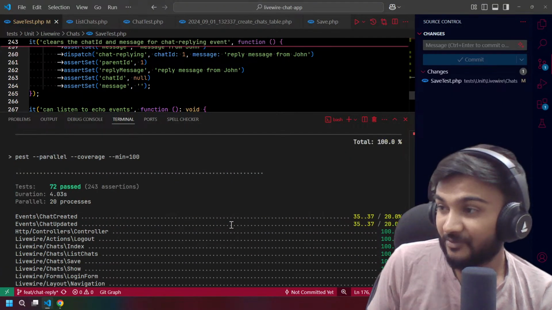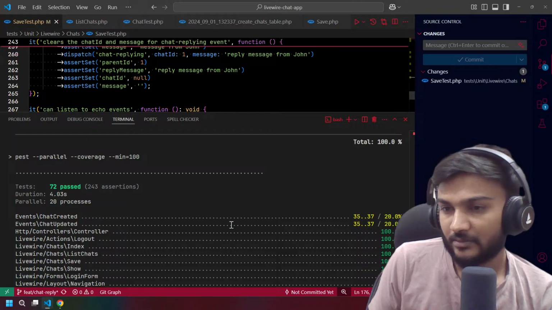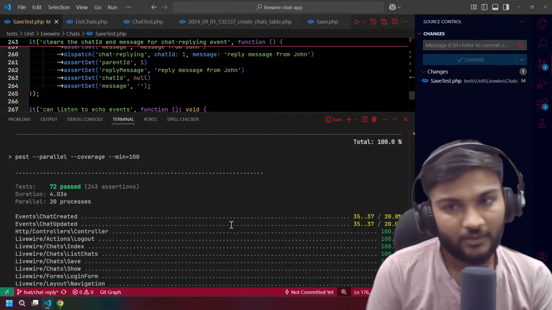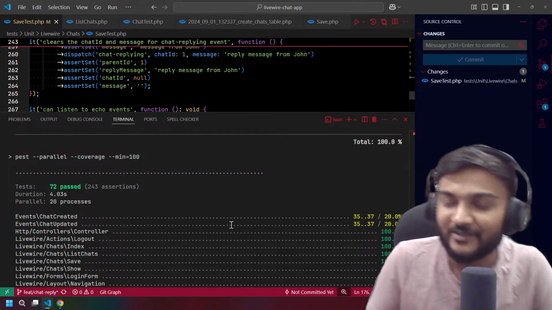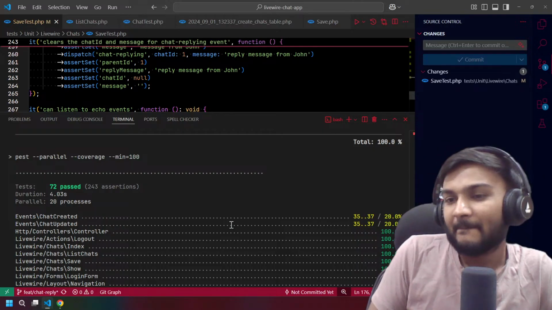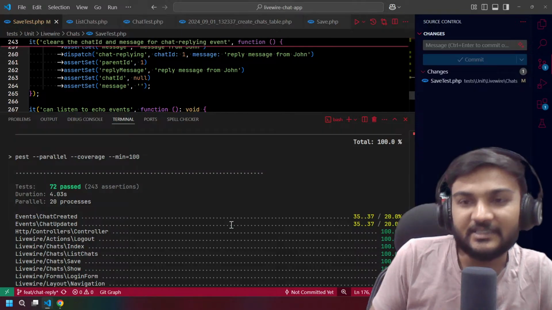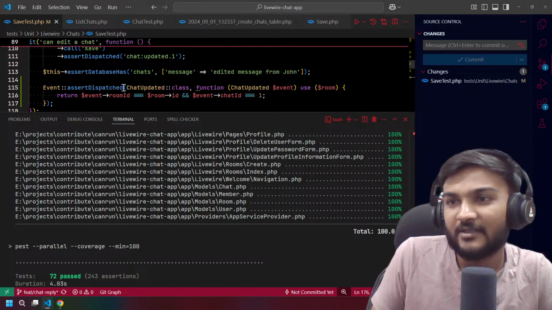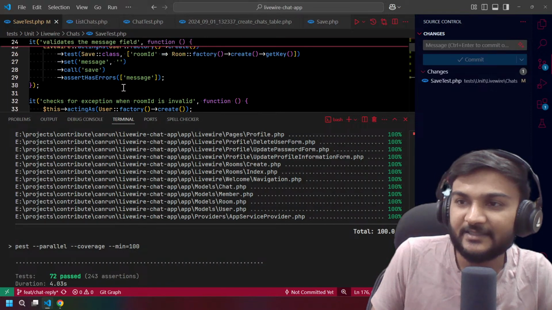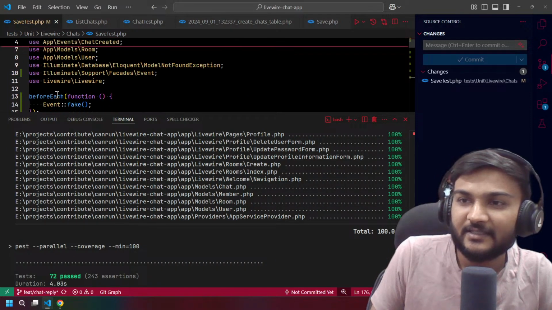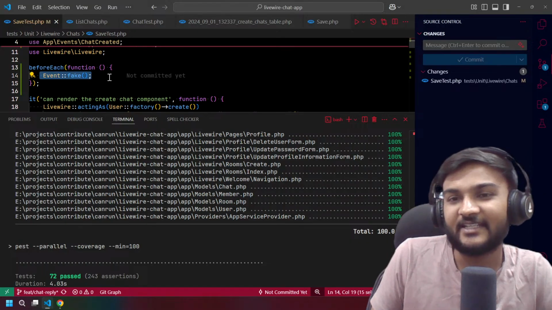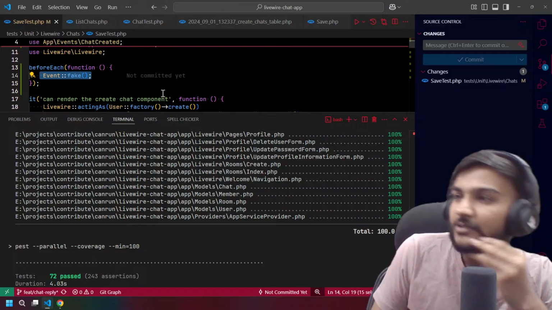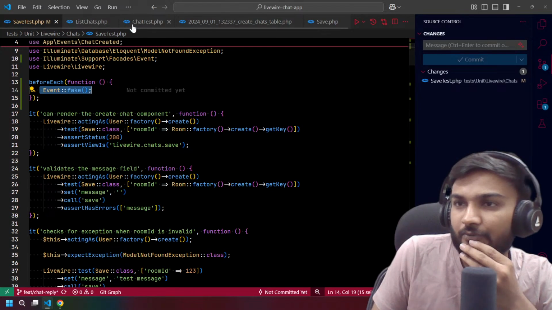Okay, now we are missing the coverage. Whoa, now we started missing the coverage. Actually, we started missing the coverage because we set the event fake here and we are checking that if the event is dispatched. So pause. So what we can do is